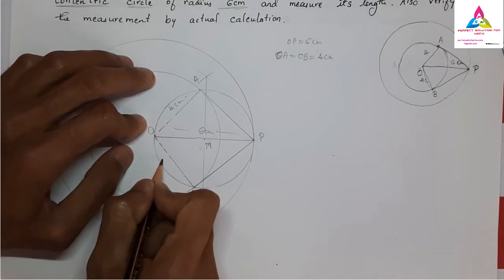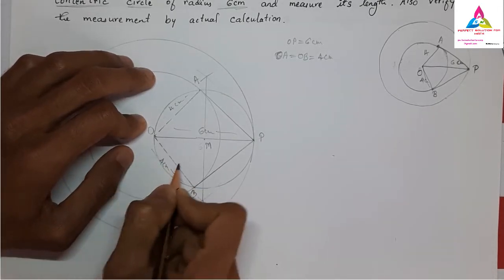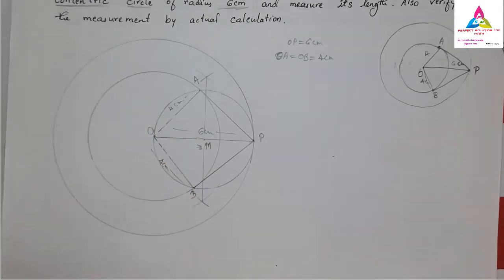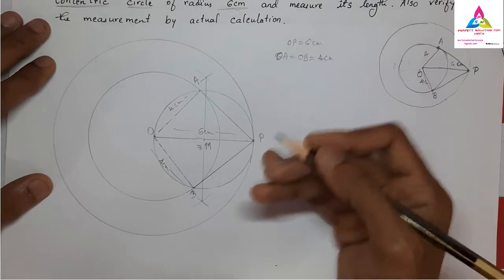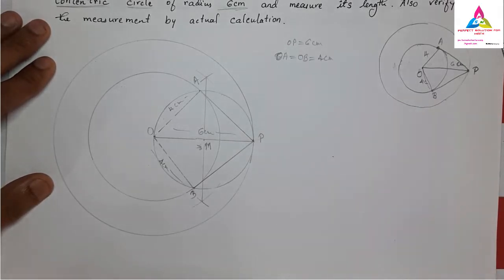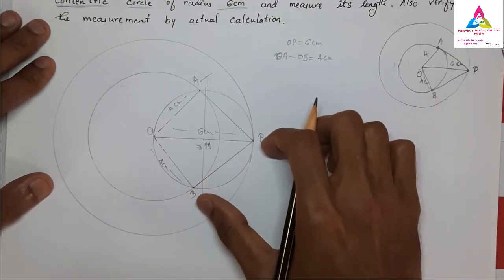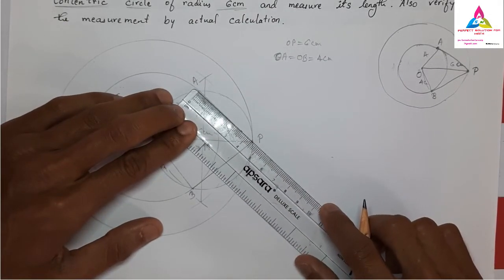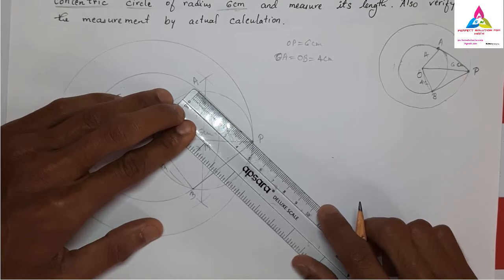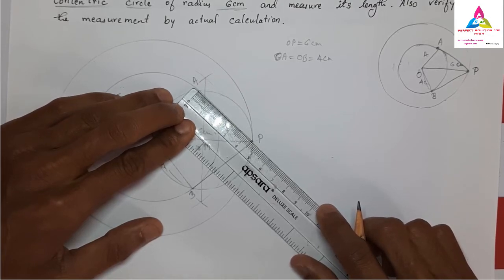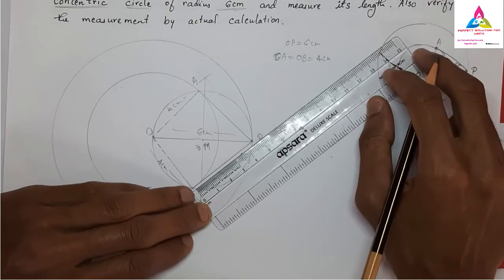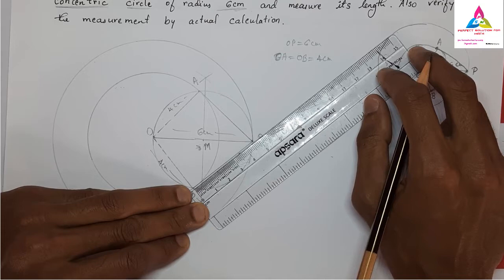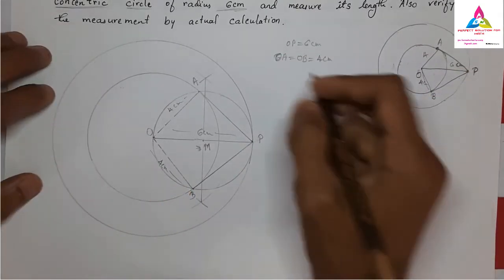So we will do that later on. First you write down this 4 centimeter. This is totally 6 centimeter. Here I have written 6 centimeter for OP. So what is the next justification? We have to measure the AP length and PB length also. If you want, you can measure that first. You can see it is nearly 4.5 and 6 nearby, 4.5 you can take, 4.6, yes, nearly 4.6. Both the measurements are the same.